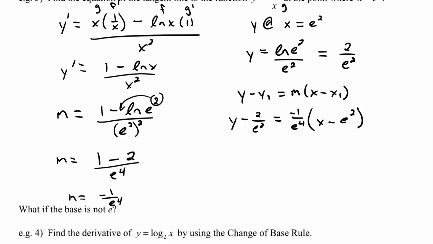But I don't really like the denominators here, right? So why don't we clear the denominators by multiplying everything by e to the power of 4. That's going to clear out anything I have left down there. So then what you'd have left would be e to the 4 times y minus, and then e to the 4 over e to the 2, I now have 2e to the 2, is equal to, and then e to the 4 cancels with e to the 4, so now we've got minus x, and then plus